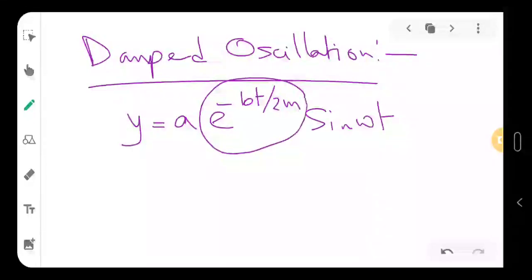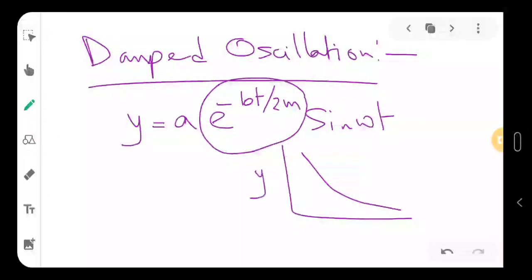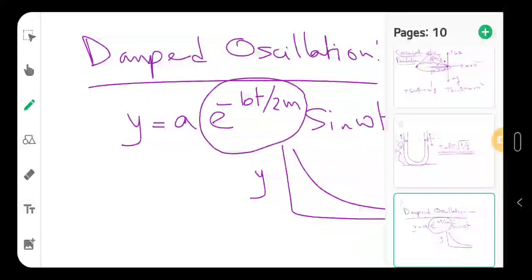This is important to know here, that in the damped oscillation, this extra term is there. You can see that this is an exponential term which is decreasing in order. If we draw the graph, with time the y will decrease in a certain exponential form. So that is important to know: in case of this kind of damped oscillation, after infinite time, according to our theory, the displacement will be 0. Okay, so this is your damped oscillation.